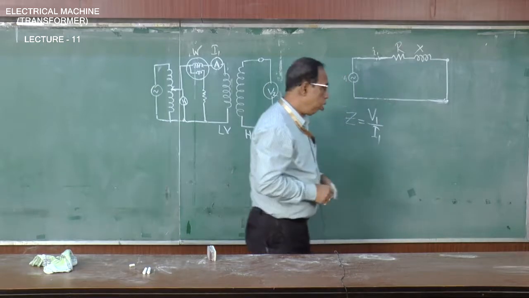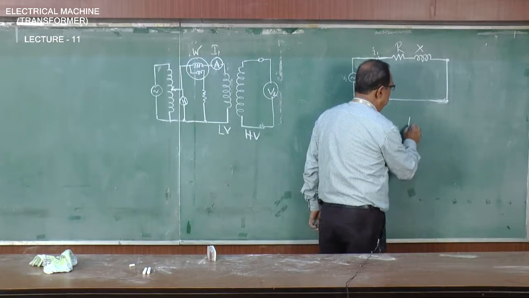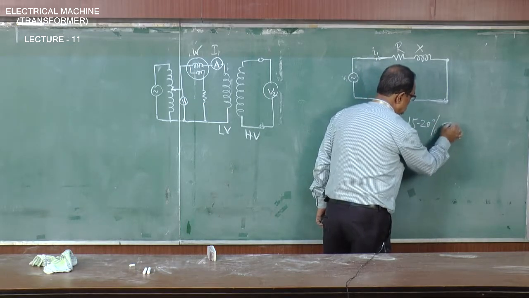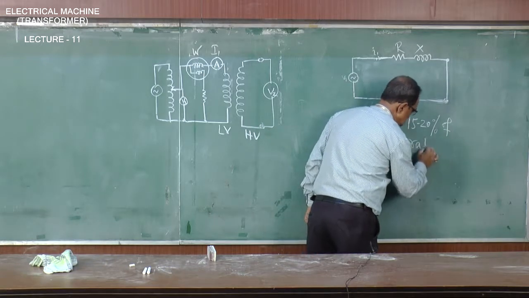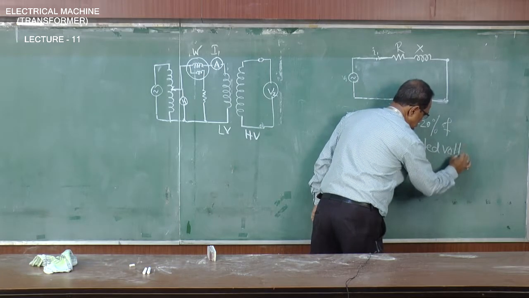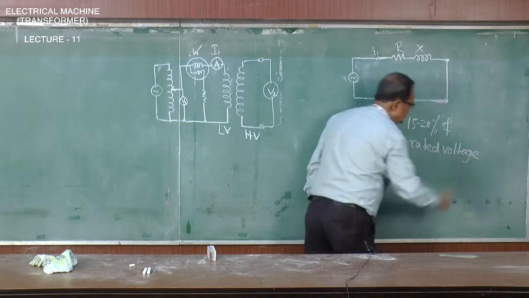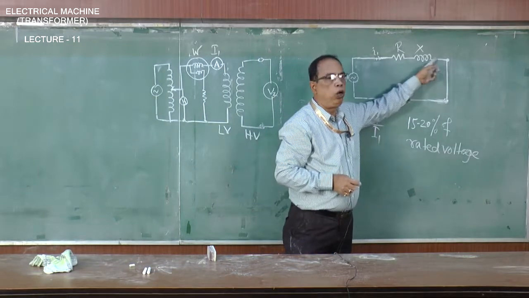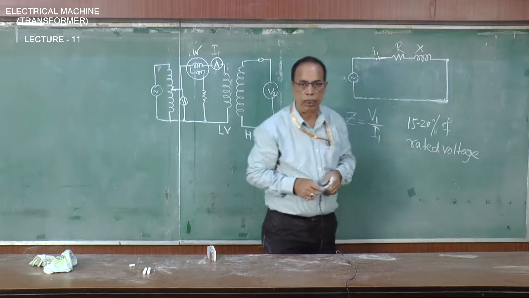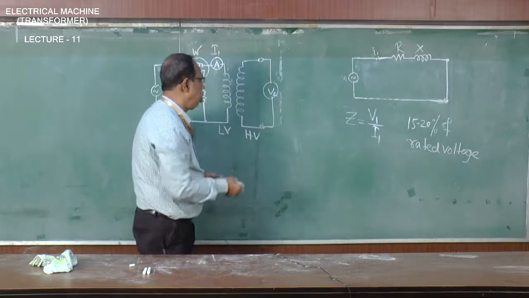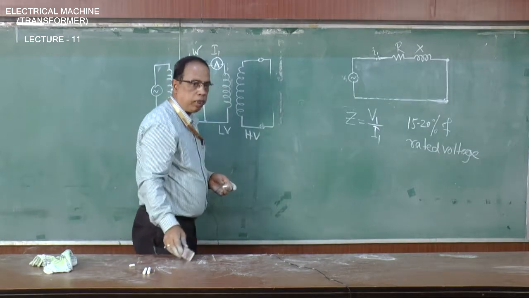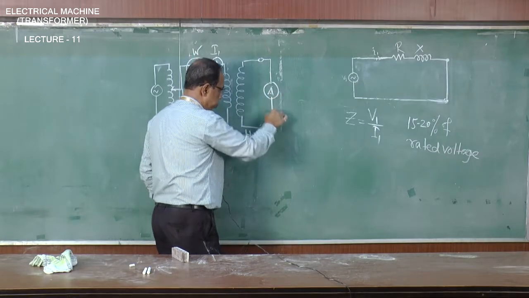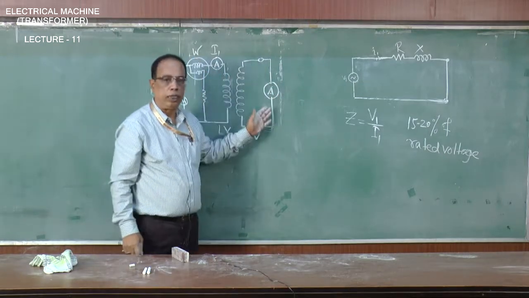It is seen that if I only give 15% to 20% of rated voltage, I can drive the full load current through this short circuited condition. So, what we do is, in place of open circuit, I short circuit the secondary, and to measure the current, I short circuit it through an ammeter. So, through an ammeter we short circuit this,